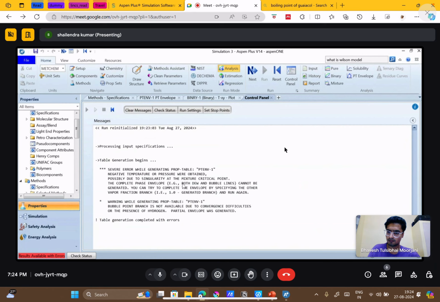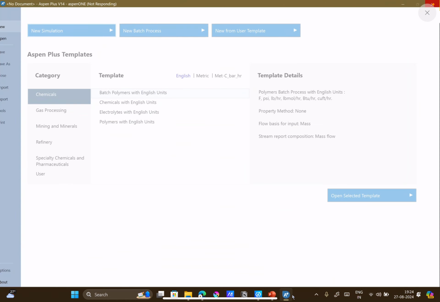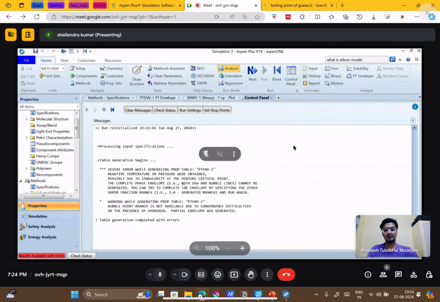So actually, with the previous question, I just repeated it and only changed the sequence of the components, and the tie lines get changed. Yes, I understood your point. Why this is happening, I don't know, but it should not be like that. Do you have that simulation ready or some photo with you? No, sir, I can't, because this afternoon I was doing the class. Okay, time problem. We can try it out.